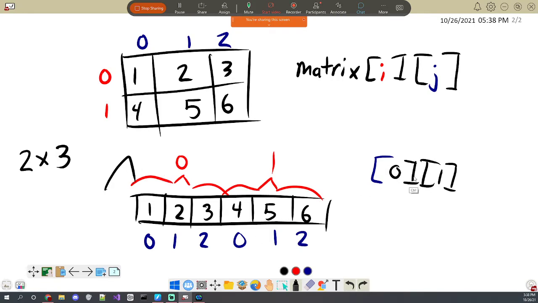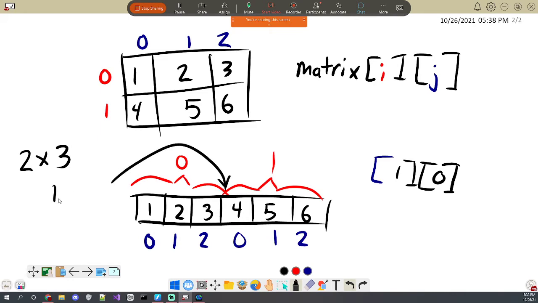And if I was to instead go to, let's just say, 1, 0, then what it does first to go through the rows is it jumps to the first block, which is 1 times 3, 3 being the number of things in that row, many spaces forward, and then it jumps 0 forward, so plus 0, and then it ends up at 4, which if we look here is what's at position 1, 0, right?